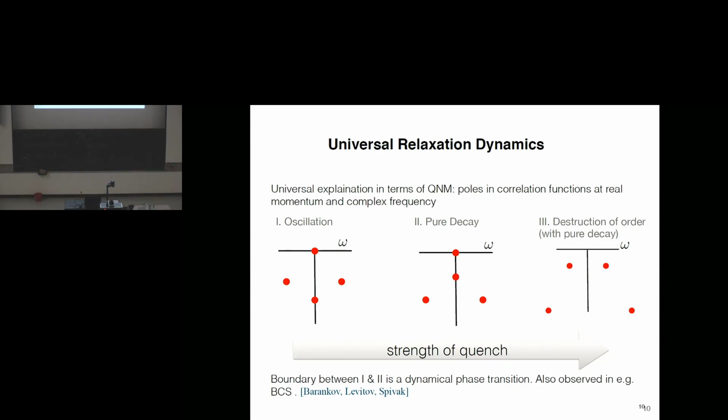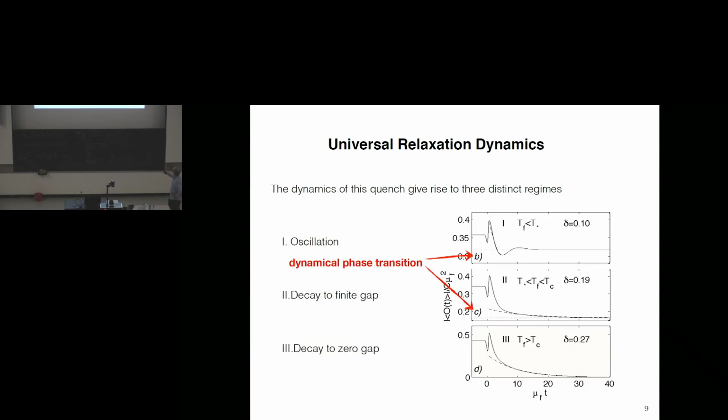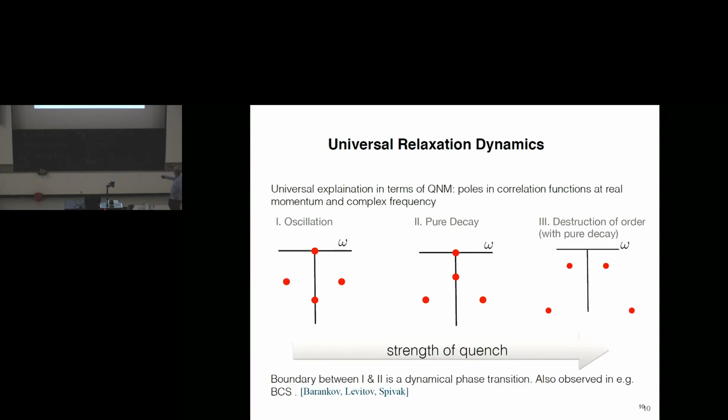Now, the upshot, basically, and I want to move on to the steady state, is that despite things being nonlinear, there is something universal, just a property of modes around the final state. And basically, most of the dynamics is captured by these universal modes and their phase portrait. So what I'm going to spend the rest of the talk on is telling you what kind of modes we should focus on in non-equilibrium steady states and what we can learn from them. Now, this last remark here is simply that because these modes are so universal, you can actually find them in various other systems, even in some simplified versions of BCS dynamics by these three authors.